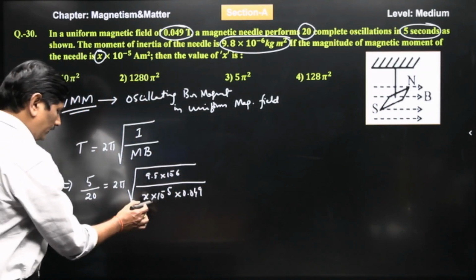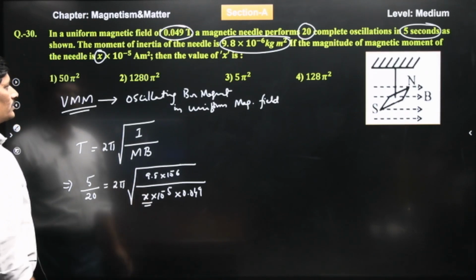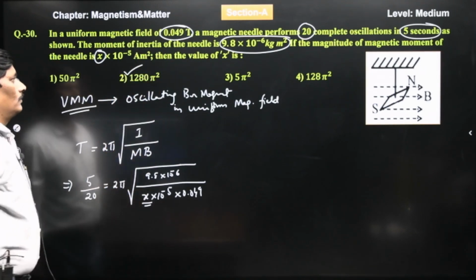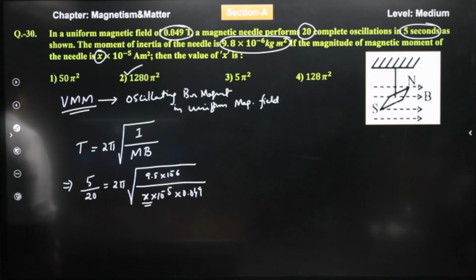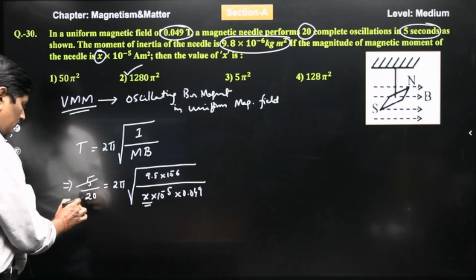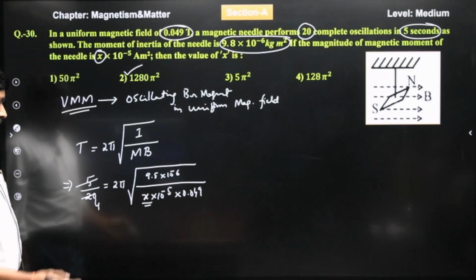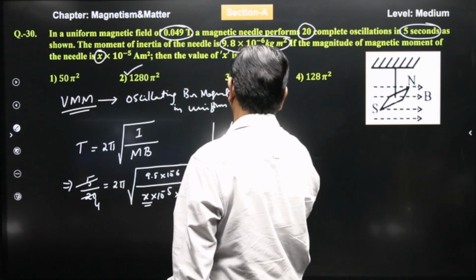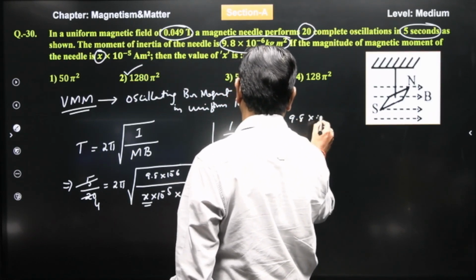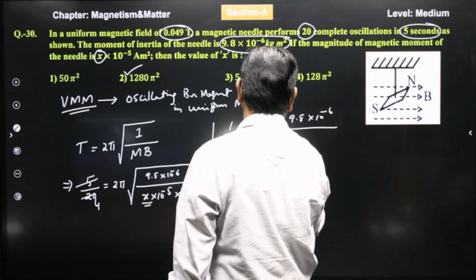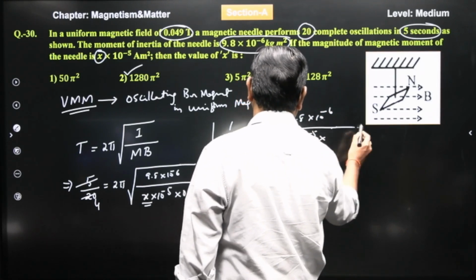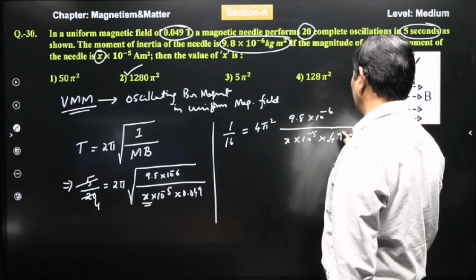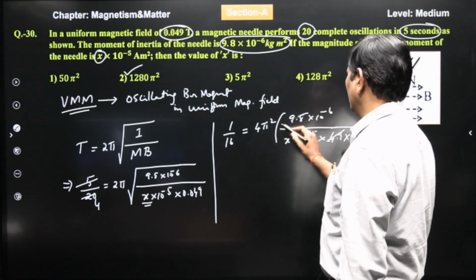So, here you have to find this x. On simplification you will find the answer, you will get 1280 pi square. This 5 4 times, squaring both sides, 1 by 16, 4 pi square, 9.8 into 10 power minus 6 by x into 10 power minus 5. Here you write 0.049 as 4.9 into 10 power minus 2, so that this 4.9 in 9.8 2 times,